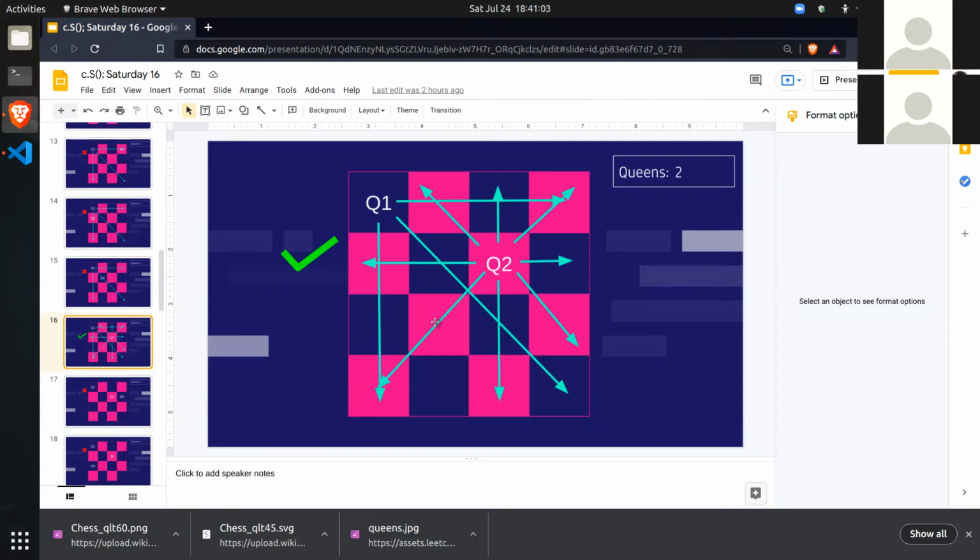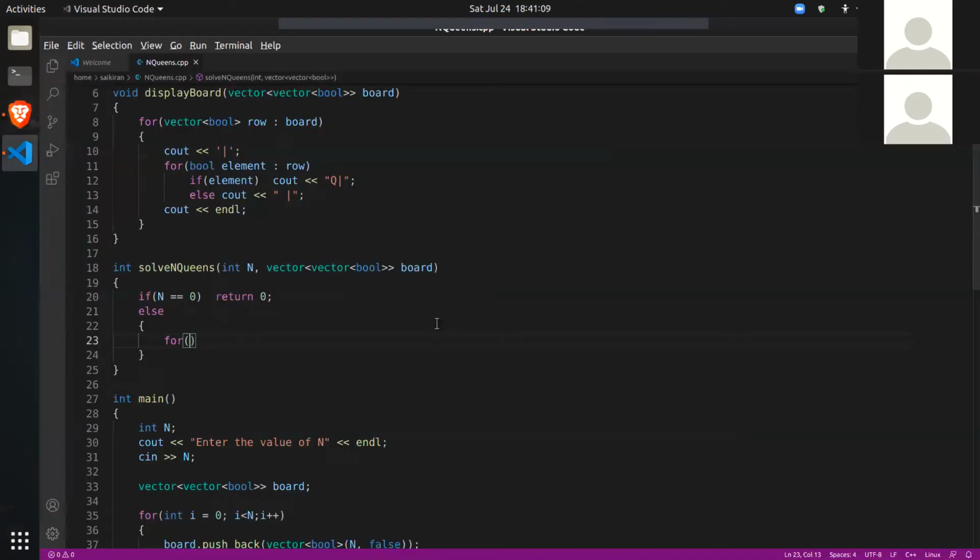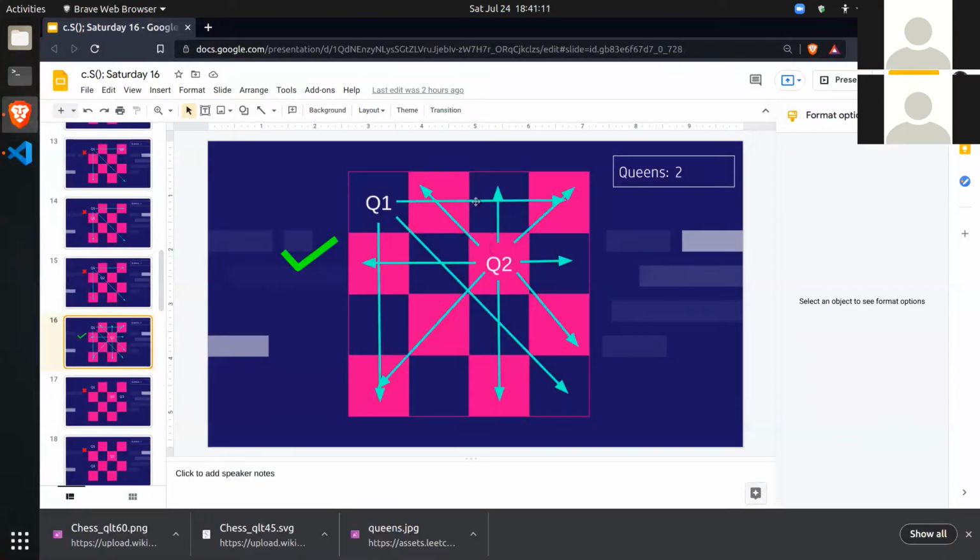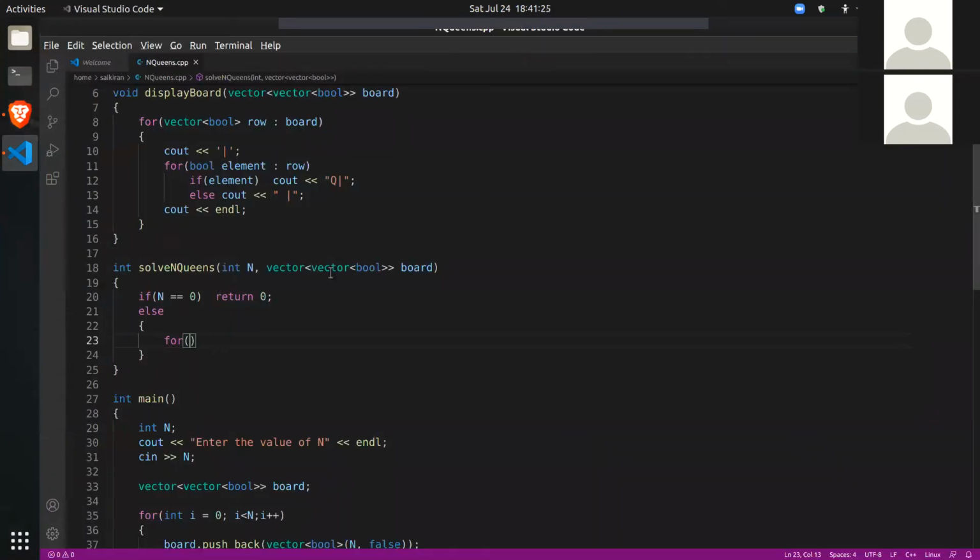And once we found a safe place, we moved on to finding a place for Q3. So it is a simple for loop here. I'm going to every cell from top to down and checking if that cell is safe. If that cell is safe, I'm placing a queen and asking to place another queen. So that's what we'll do.